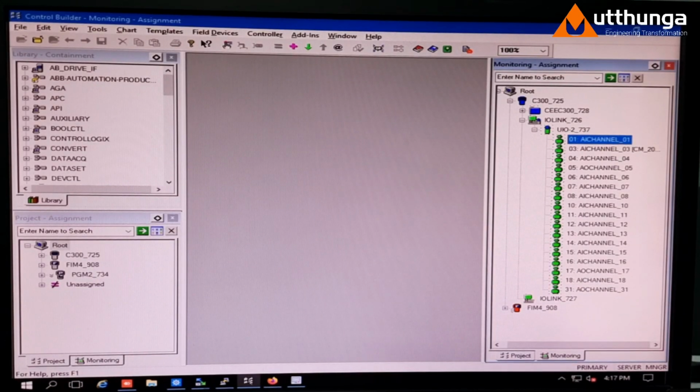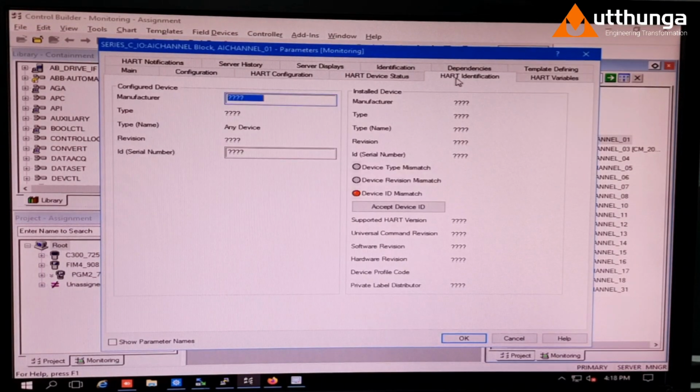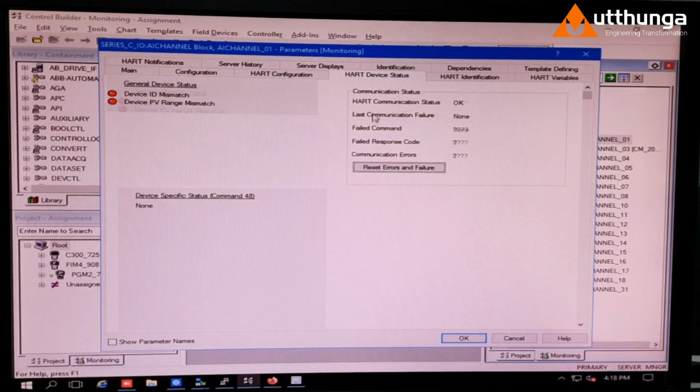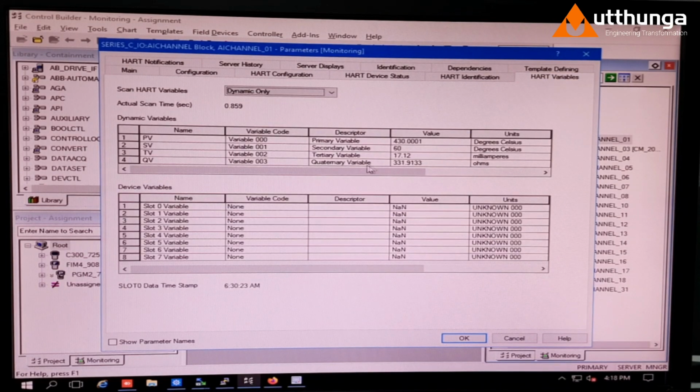Now let us see whether it is reflecting the exact values which the HART slave simulator is giving. Say channel 1. So here we can see the communication status is okay, and we will go to HART variables where all the PV, SV, TV, QV will be visible. Here we can see 430, 60, 18 and 249.